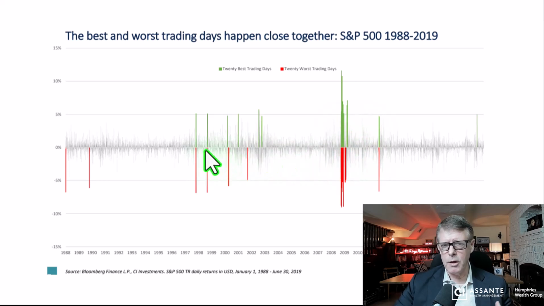And that's contrary to how a lot of people think about the market. They think, market's going to go down, so I'll get ahead of it and move to cash, and I'll see news and the headlines on BNN and I'll be looking for good news. Eventually things will improve slowly and then I'll start putting money back in the market. That's not how it works. The good days and bad days are slapped up against each other. So if you're trying to time that, you will not time it successfully. You will maybe get it right if you're lucky, but you can't consistently execute on that strategy.